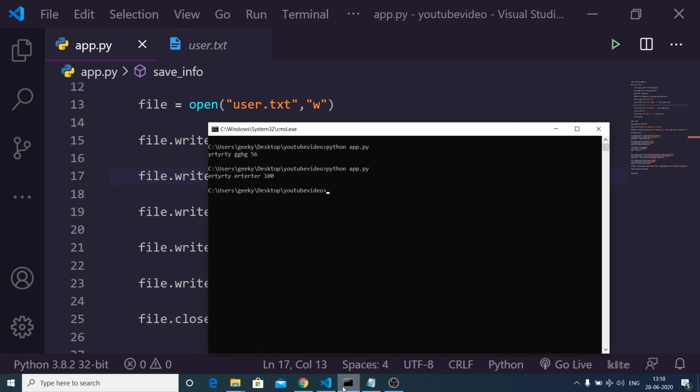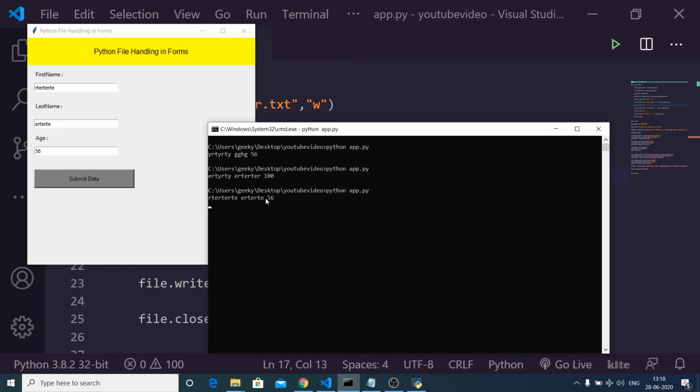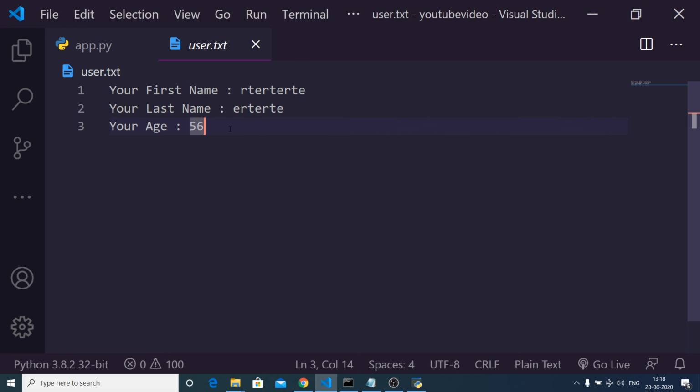Now if I refresh it, click submit data, all this information is printed. If I check the user file, you will see there is a line break here and all the entries are printed inside your user.txt file.